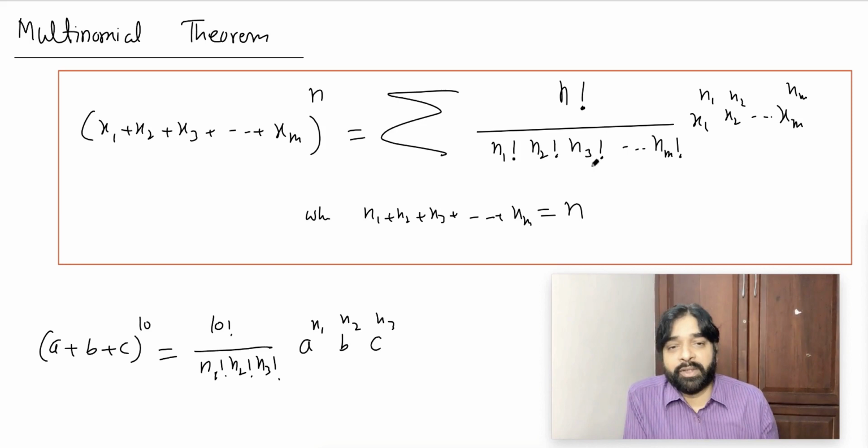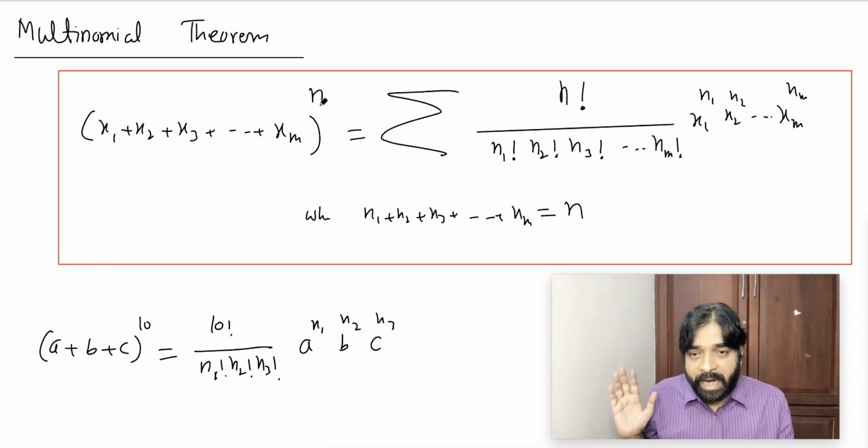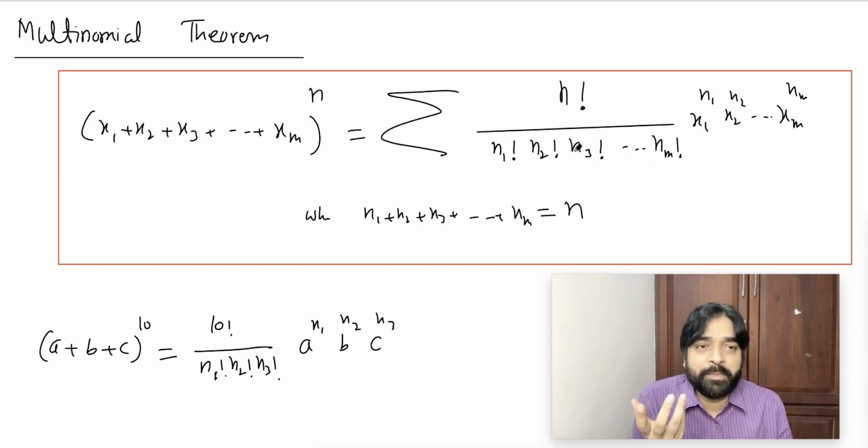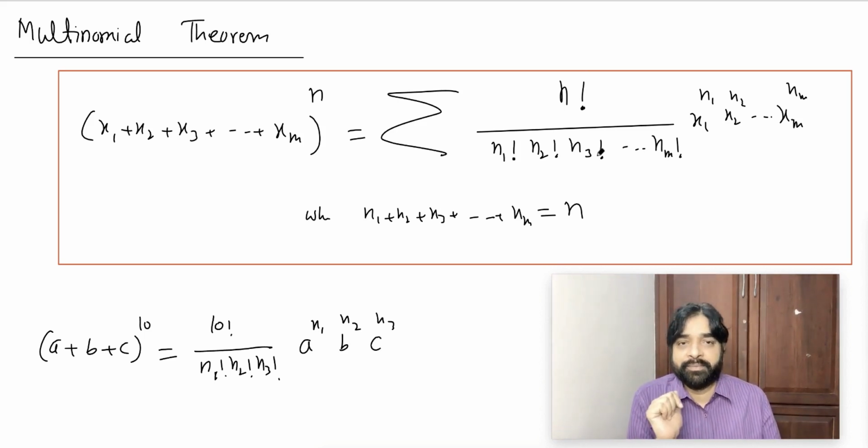Now how I wrote this term, another logic I will tell you. Think this way: n objects are there. I have to distribute them into m groups. Only grouping I want to make, so that this group gets n1 objects, this gets n2 objects. How many ways can you distribute? n factorial divided by group 1 objects factorial, group 2 objects factorial, and so on. Remember, the size of each group is predefined. That case I did, nothing else. Is this clear to everybody?